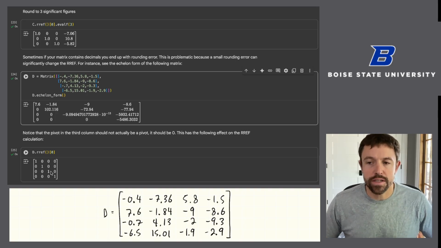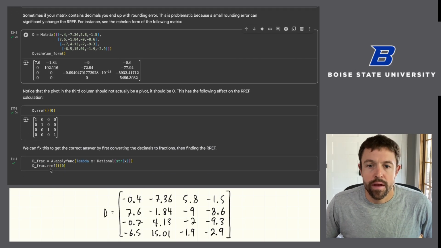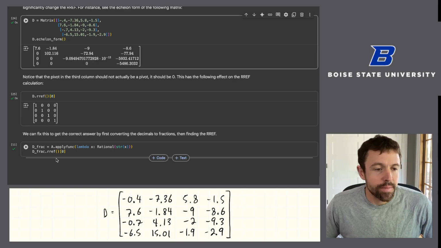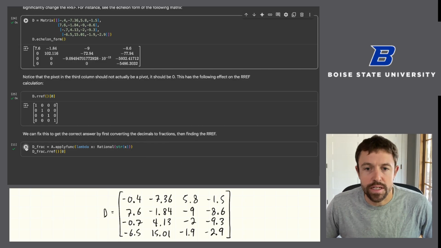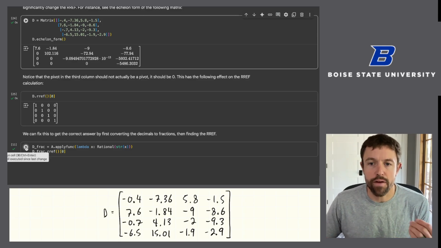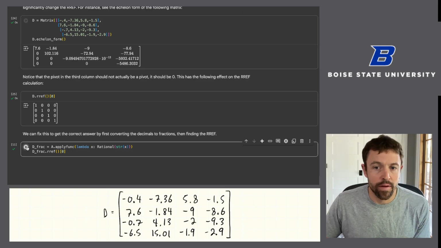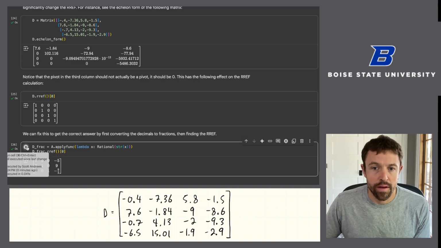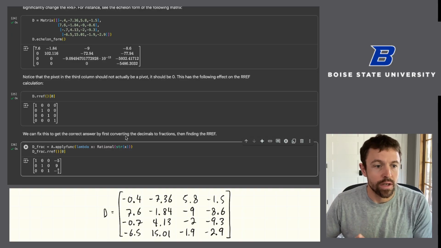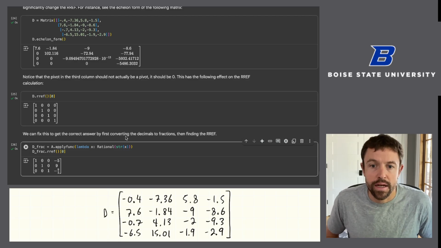So how do we fix this? Because I still want to be able to find the reduced row echelon form of this matrix. And to do it, the syntax is a bit complicated, but basically what this is going to do is turn all the decimals into fractions to start, and then find the reduced row echelon form. So it's doing symbolic calculations, so we won't have this issue. And so notice that when I do this, what I end up getting, oh,